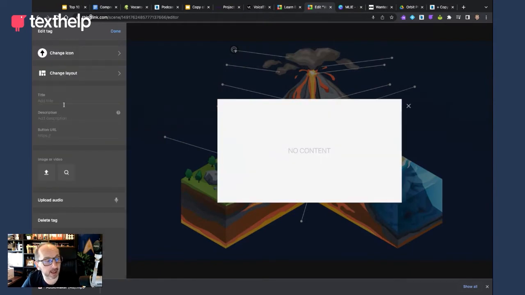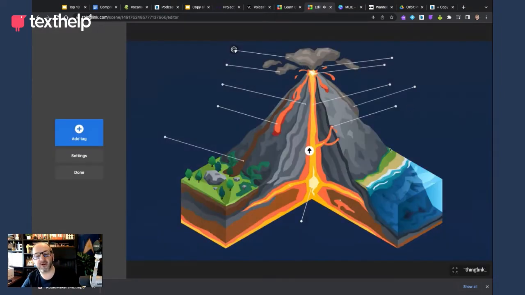I'll add text and media and I'll put that this is a side vent. Okay. And now underneath, I can explain what that is. This is a side vent. This is where the volcano vents from the side. This is a side vent. Okay, so right here now, I'm going to place this over the label,